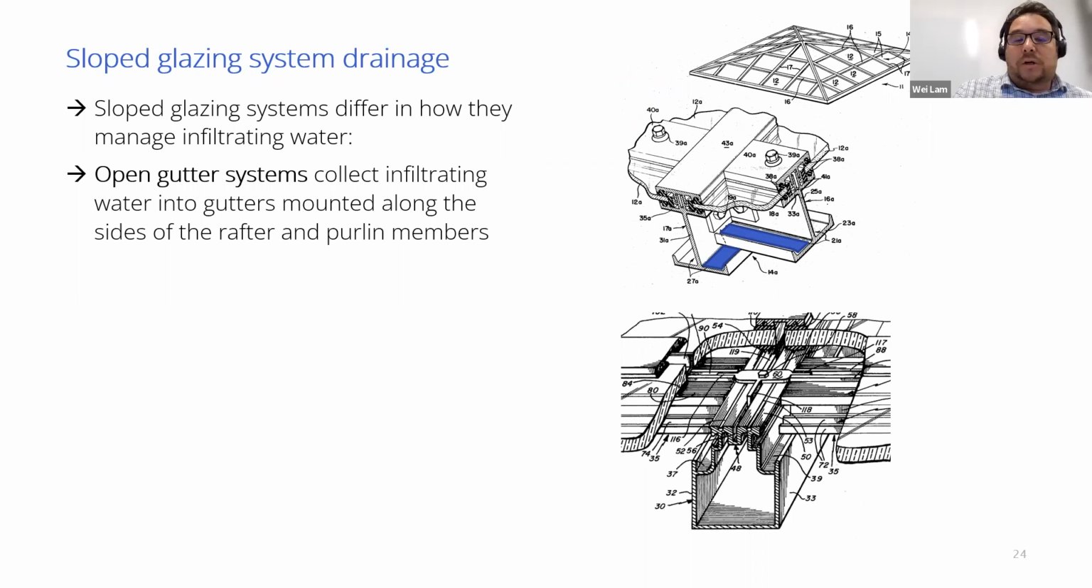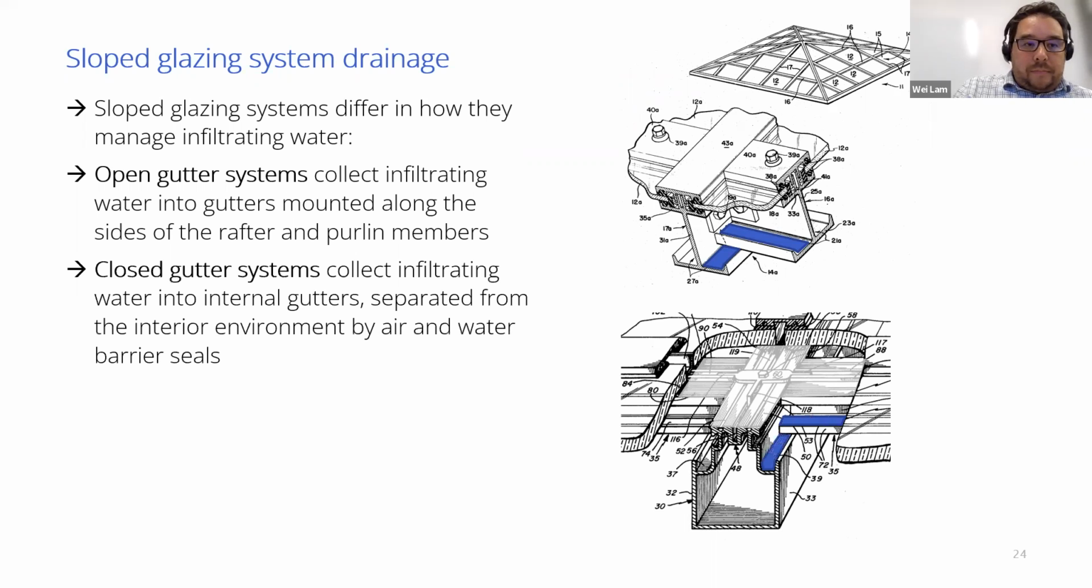If you have some obstruction, if there's some overflow, if there's more water than anticipated, it can directly access the interior. In a closed gutter system, these systems